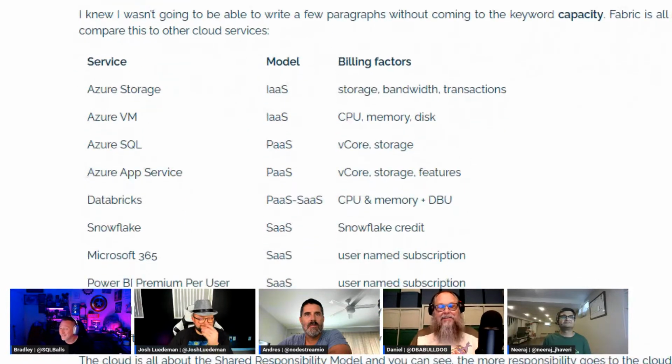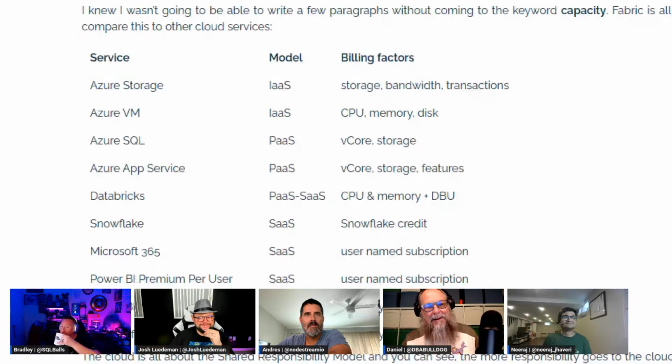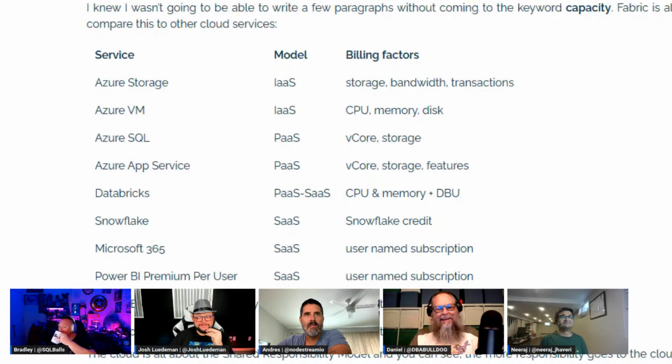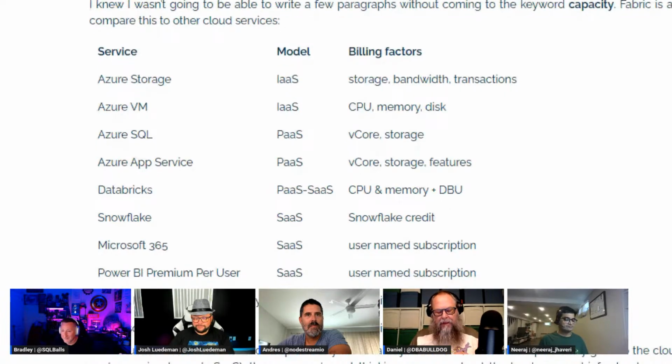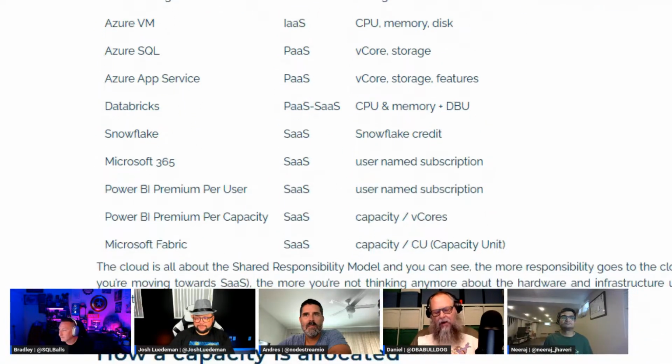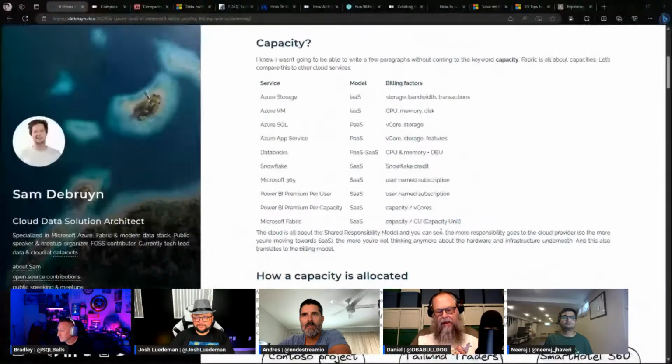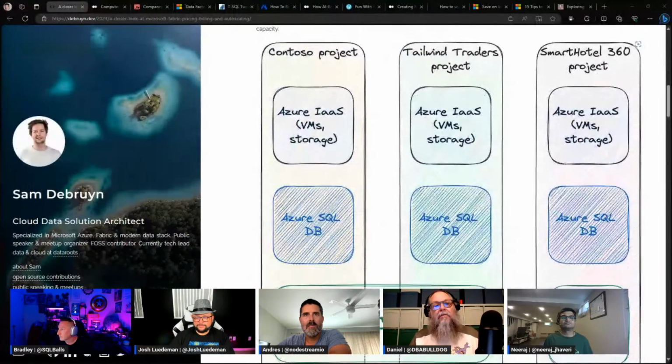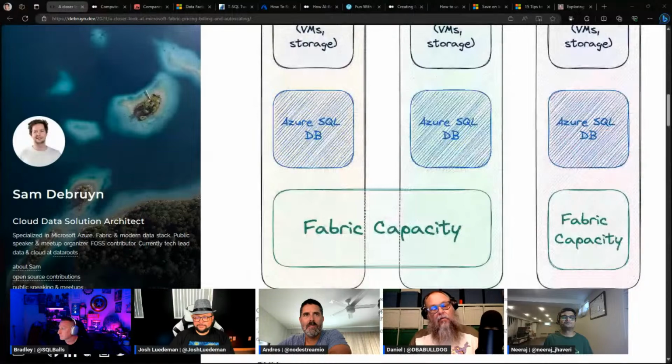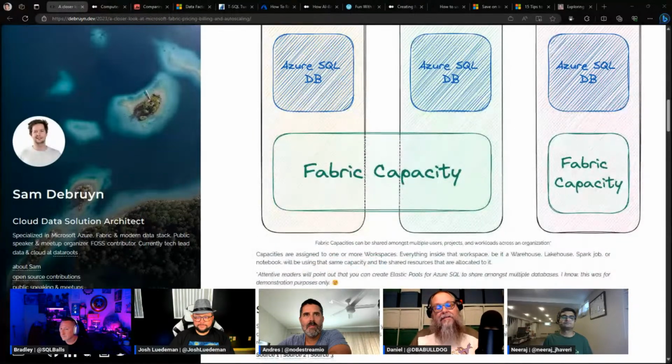He breaks it all down here, and then goes through what is capacity within Azure. And then also towards the end of the article talks about how we smooth things out and how that smoothing is going to work within the fabric pricing.